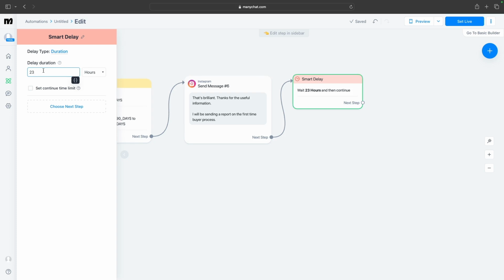But in our case, we'll just wait for 20 seconds, and the point of waiting, or reintroducing the automation into their feed, is so that they can check their junk mail, check whatever happens with their email address to make sure that they've received the reports that you sent. So after we've added a smart delay, in reality you probably want to wait maybe a few hours or a day, but in our case we'd say